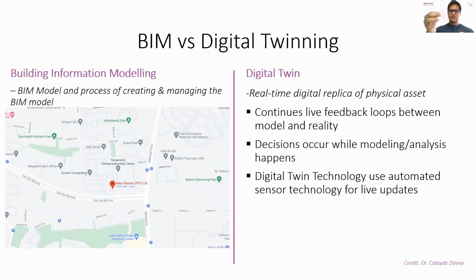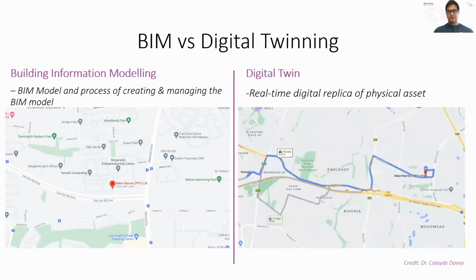So you can see it gives you the physical location, and that is it. It just shows you where it is. Whereas a digital twin, if you're going to simplify it, will give you the data from wherever you're traveling to the office. It will give you various routes. It will give you the time. Depending on the time of day, it will tell you that there's probably a road closure, there probably is an accident, and you can see it gives you alternative paths with different times. This is what digital twinning leads to. So I hope this distinction helps you in demystifying the difference between BIM and digital twinning.